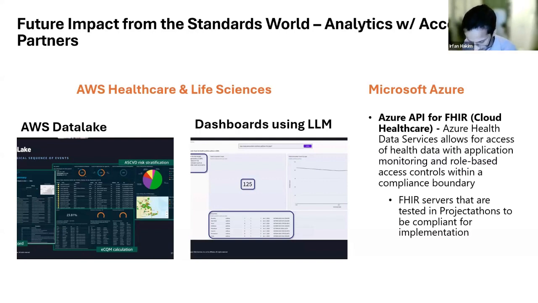Then you can link your data from your database using mapping tools to map it to the data lake on any of these cloud servers, and then you can create LLMs based off of that, which can then synthesize